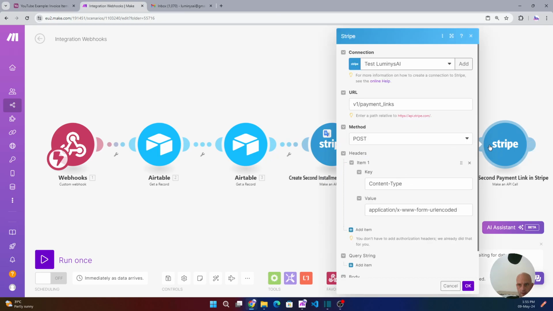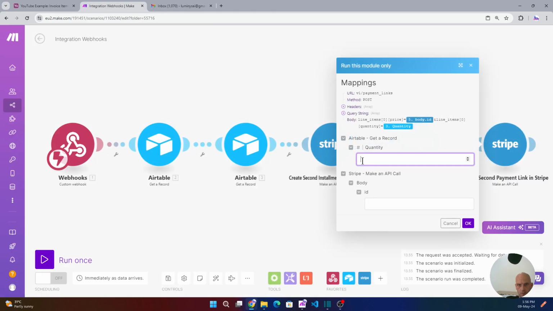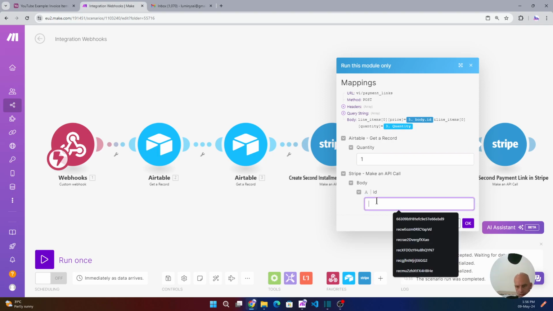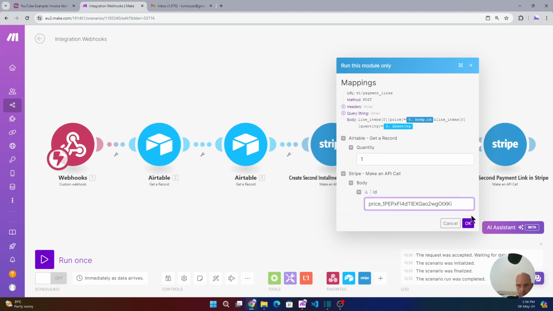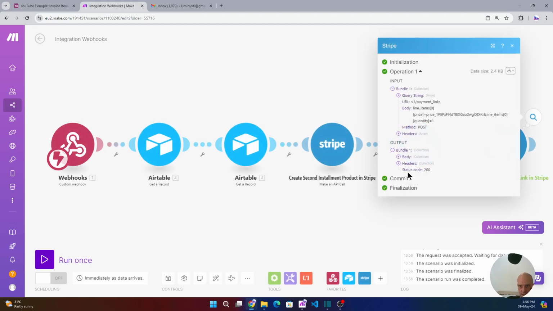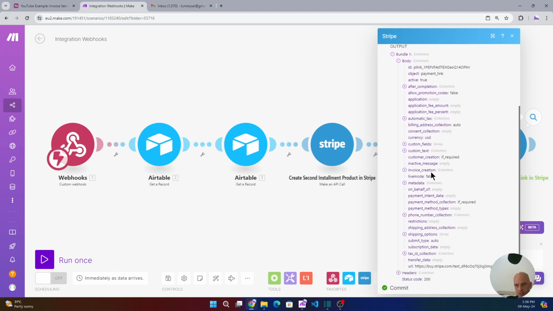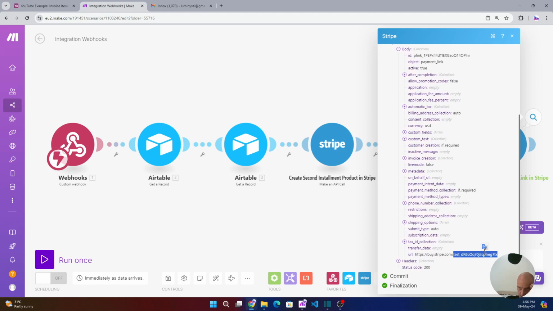Okay, so let's run this module. Let's do quantity 1. ID equals this from the previous module. Green, which means success. And now we have all of this information here, which I don't need. The most important one here is,